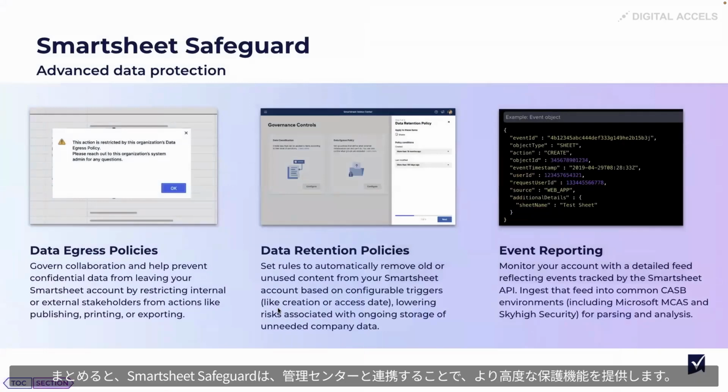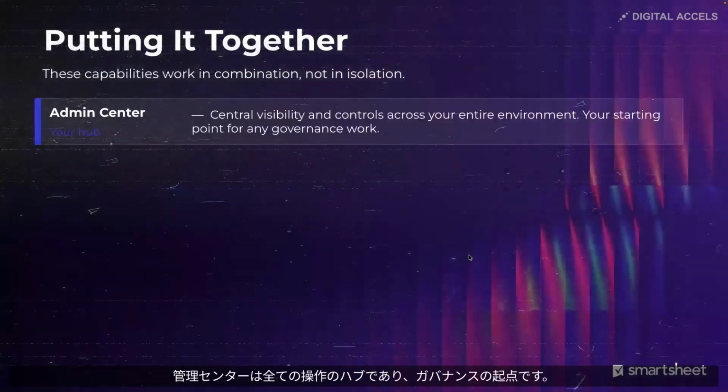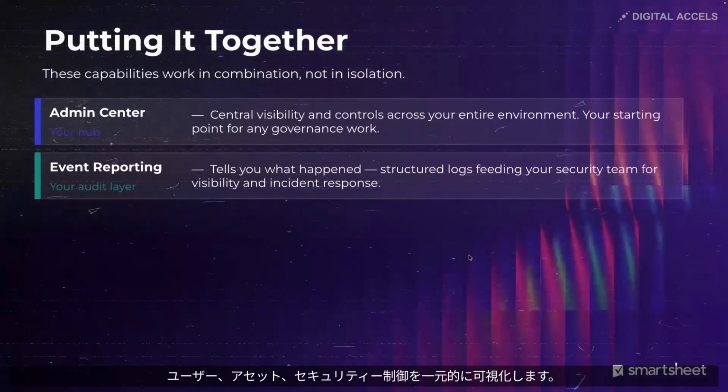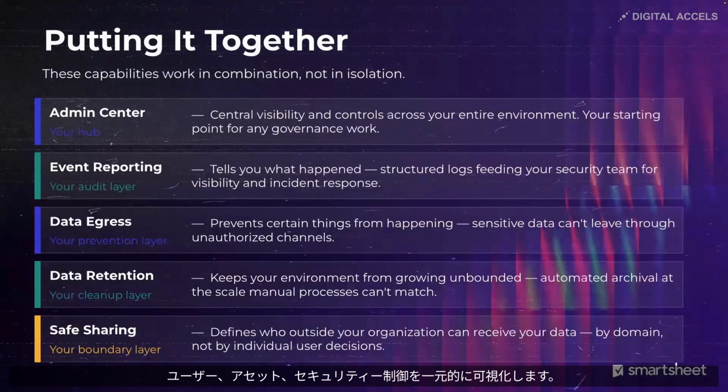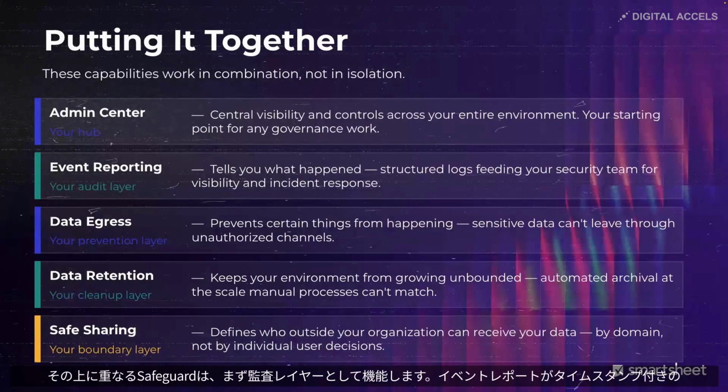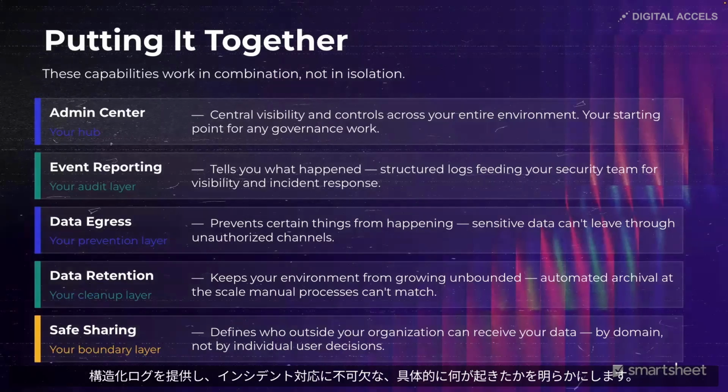Putting it all together, Smartsheet Safeguard allows you to really have more of that advanced protection, coupling it in with the Smartsheet Admin Center. Breaking it all down, the Admin Center is your main hub where you'll access everything and it's where your governance starts. Central visibility into your users, assets, and controls from a security standpoint. Where Safeguard then comes in is layering it on top of that. Event reporting becomes more of your audit layer. It starts to answer that question of what specifically happened by feeding you structured and timestamp logs for your visibility